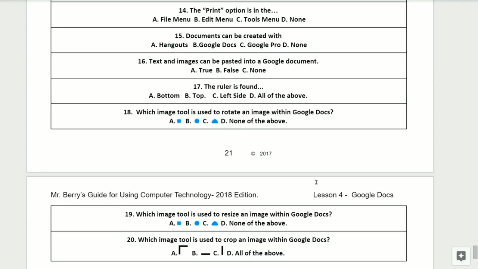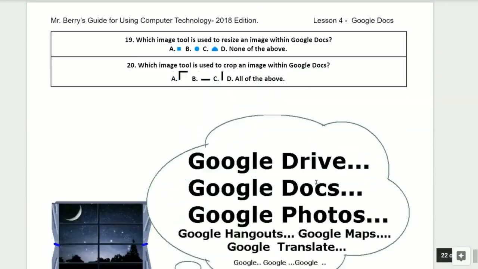Question number 18. Which image tool is used to rotate an image within Google Docs? Is it A, the small blue squares, B, the small blue circles, C, the small blue triangles, or D, none of the above? Question number 19. Which image tool is used to resize an image within Google Docs?